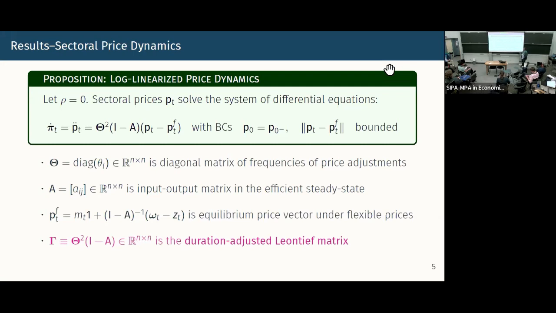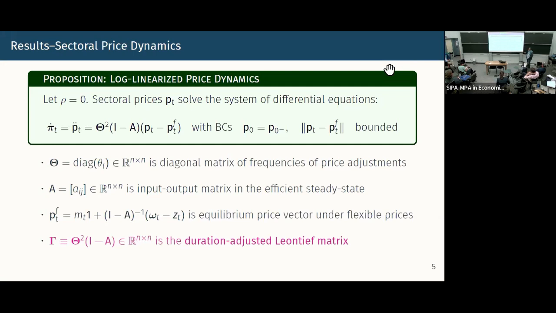So at the end of the day, if all prices are being determined by this equation and prices are a sufficient statistic for the allocations in this economy, then I just need to know what this vector of flexible prices is, and I need to know what this coefficient is. This coefficient is going to depend on two key sets of parameters. One, the stickiness of prices in every sector. Let me stack that on the diagonal matrix called theta. So that summarizes price stickiness across different sectors.